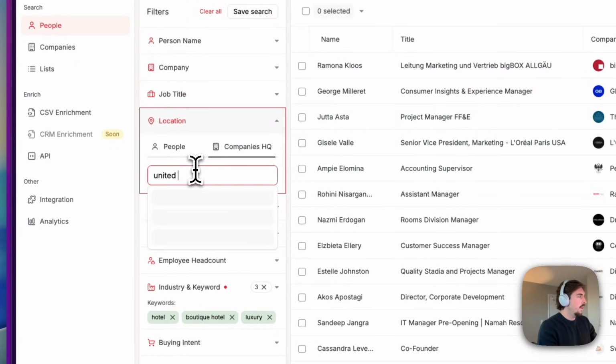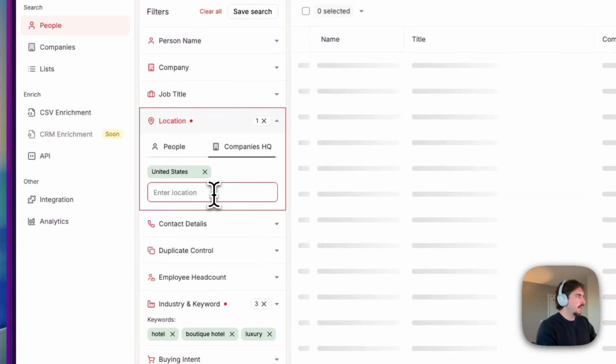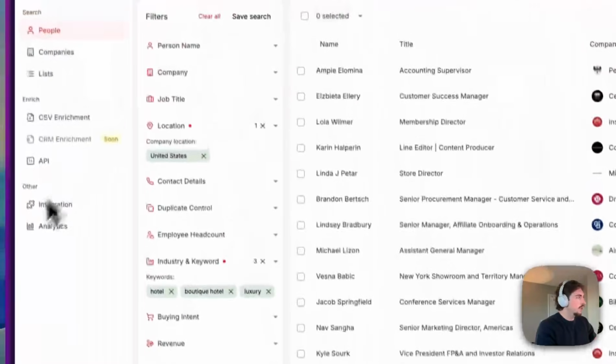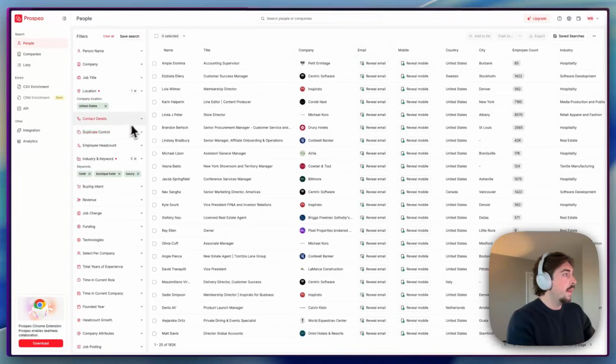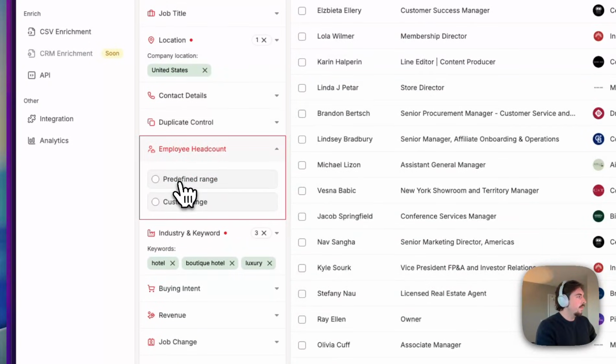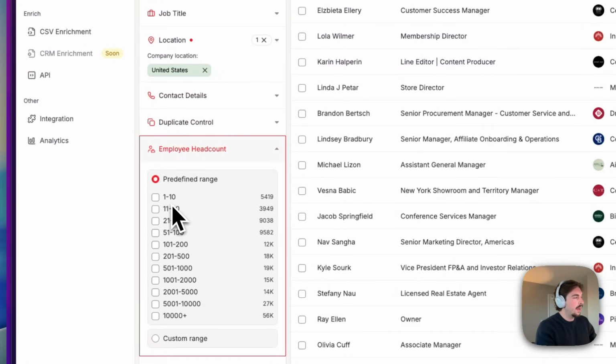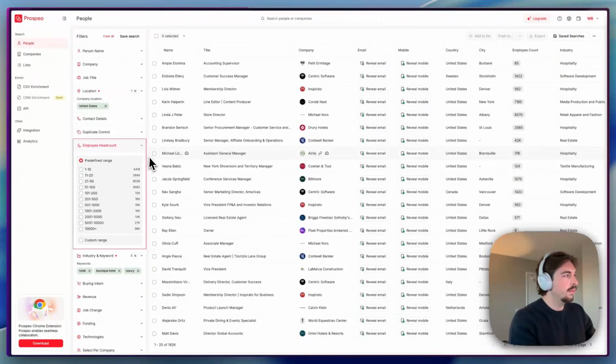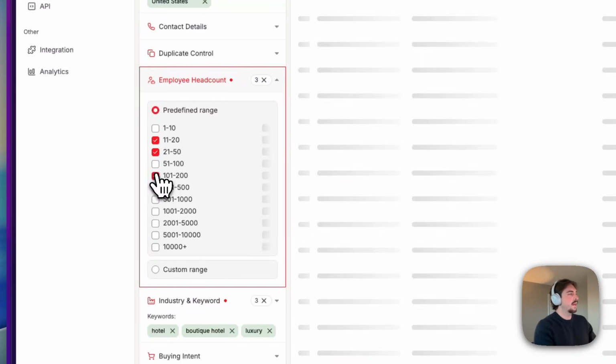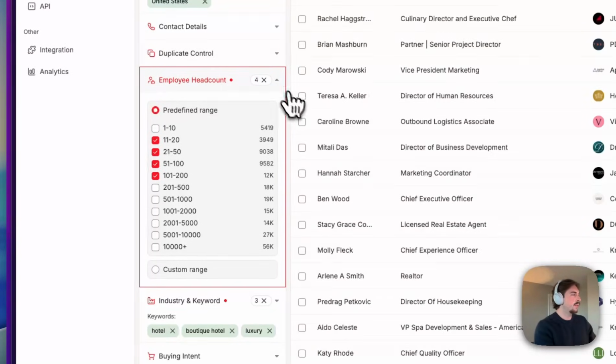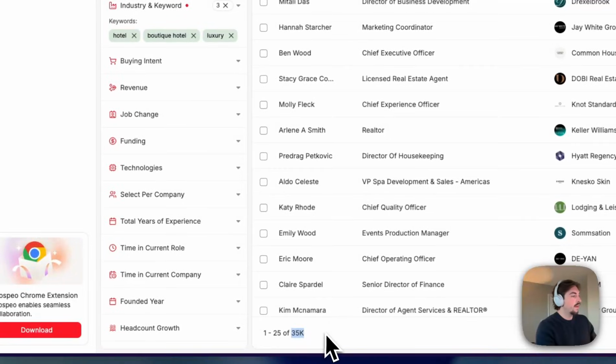So we'll do that. And then you just want to know, before getting into enriching this list, how many people you can actually target, and as well how many companies exist in this ICP. So hotel, boutique, and then one of the quick checks, you'd be able to add the employee count that you're looking for. I don't typically see this, at least not that I can remember, but it's good to see that, if I went for, let's say this was my ICP, 11 to 200, we know that we have 35,000 people